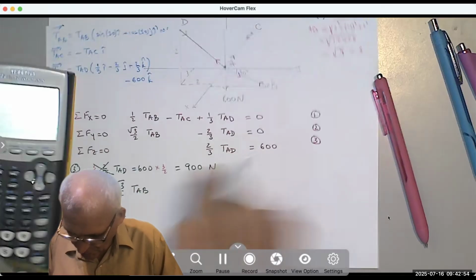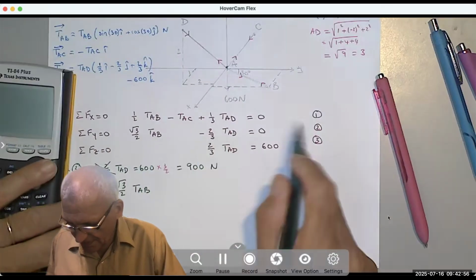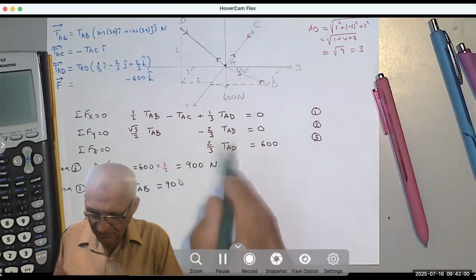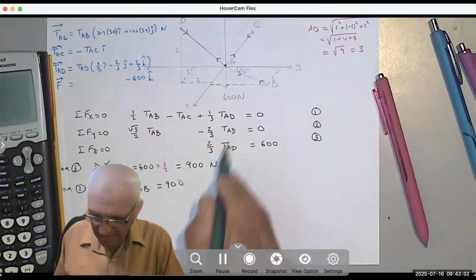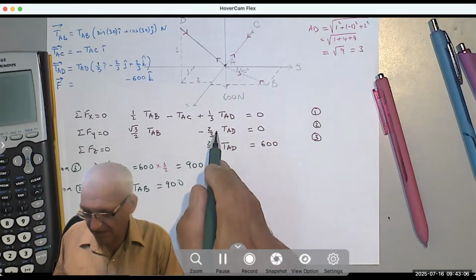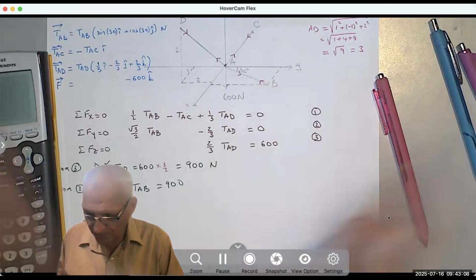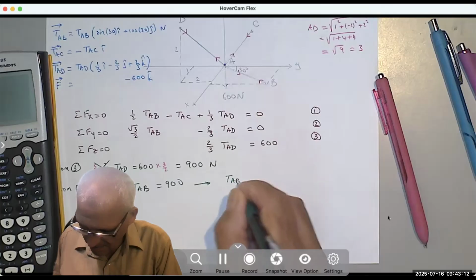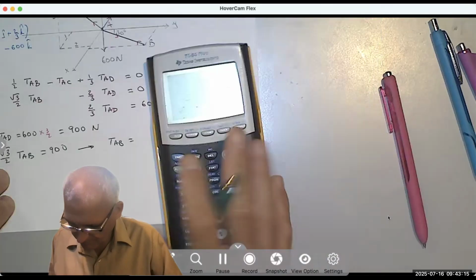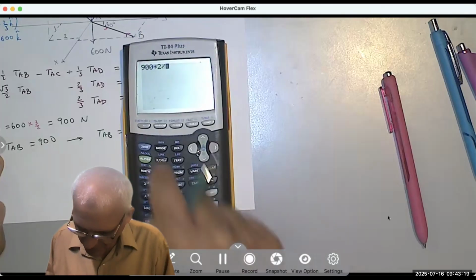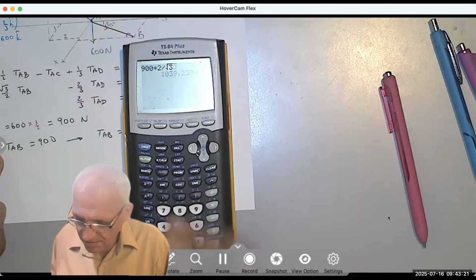So √3, and when I move this to the other side, it becomes positive, so equals 900, right? We already found that 2/3 TAD, which is this guy, is 900. So this minus 900 equals 0. You add 900 to both sides, so you get that. From here, TAB would be 900 times 2 over square root of 3, and you get,